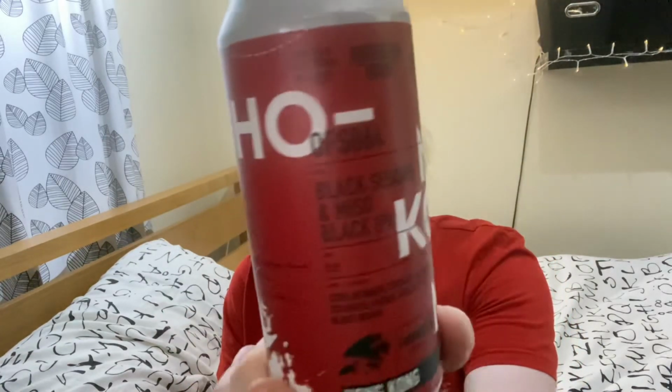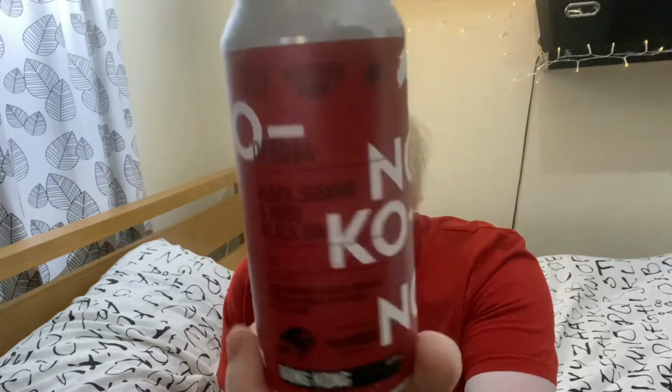So that was OFS064, or 64, Black Sesame and Miso Black IPA, brewed in collaboration with Heroes Beer Co. out of Hong Kong. Give it a go if you see it,